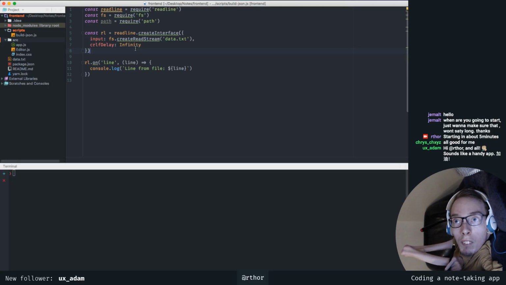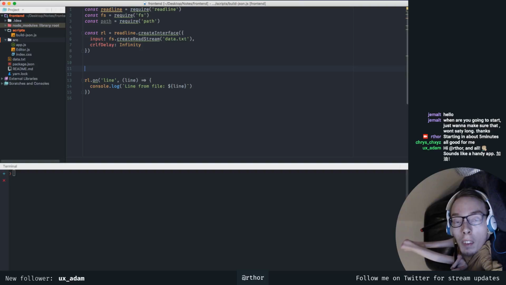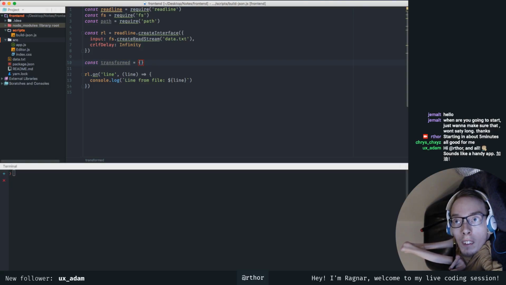And what I want to do is basically create a map. So I'm going to create a JSON structure, transformed. It's just going to be like an object. And then for every line, if it's so like